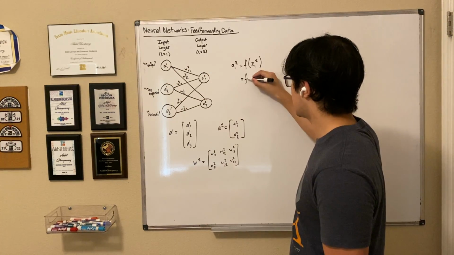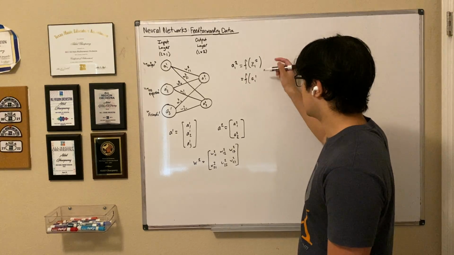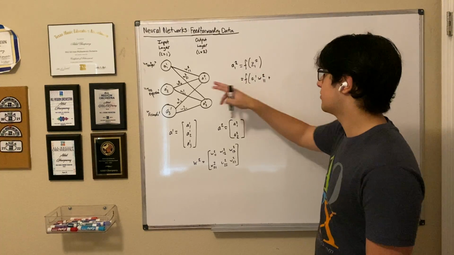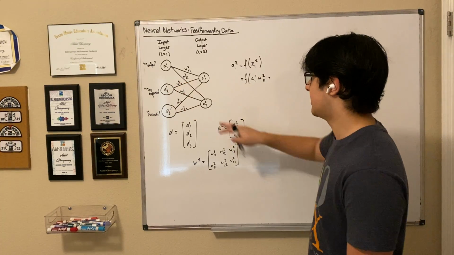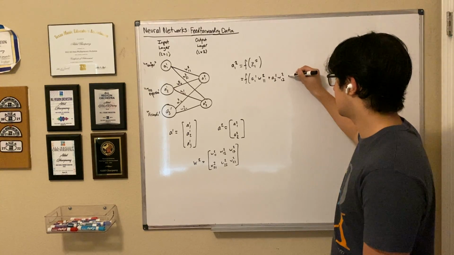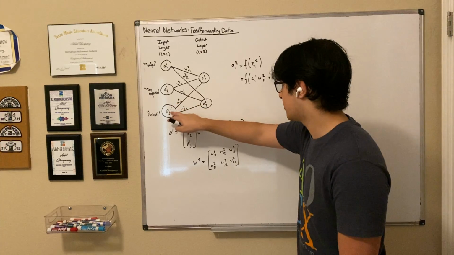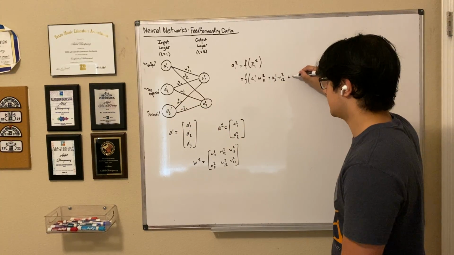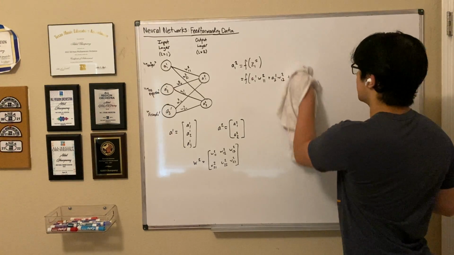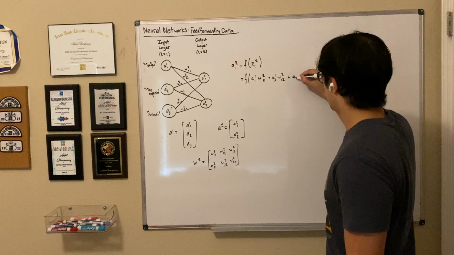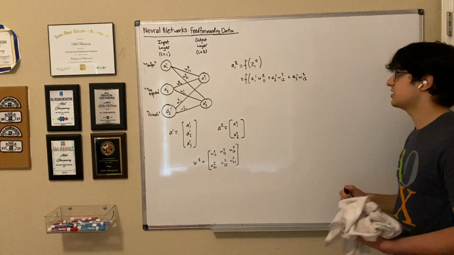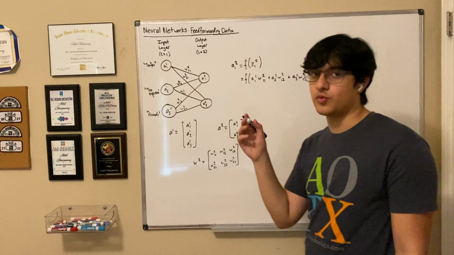So what that's going to look like is A11 times this weight right here, W211, plus this A21 and then this corresponding connector, and then plus W213 times A13. And to keep notation consistent here, we will go ahead and use this. And now what we need to do is throw in one last term here,